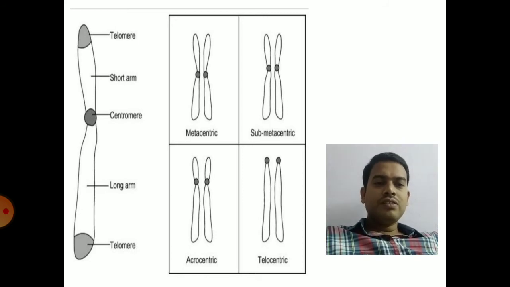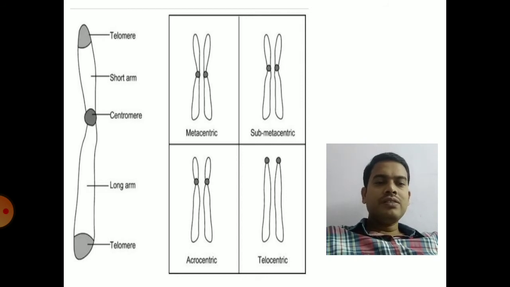Cancerous tissues or tumors, they will protect their DNA with the help of telomerase action. So these cancerous cells, where telomerase activity will be more. Telomerase is an enzyme which plays an important role in the synthesis of telomeres during DNA replication. So the cancerous cells or tissues will show high activity of this particular enzyme, telomerase.